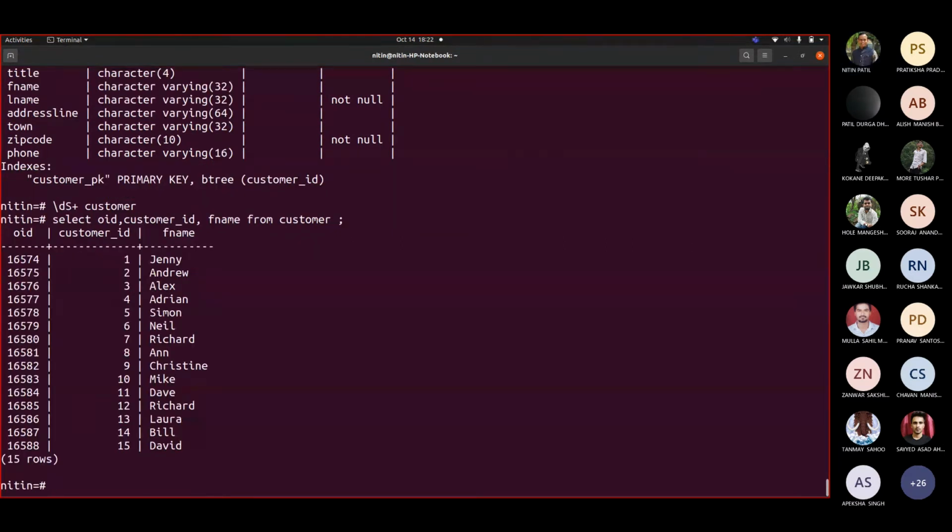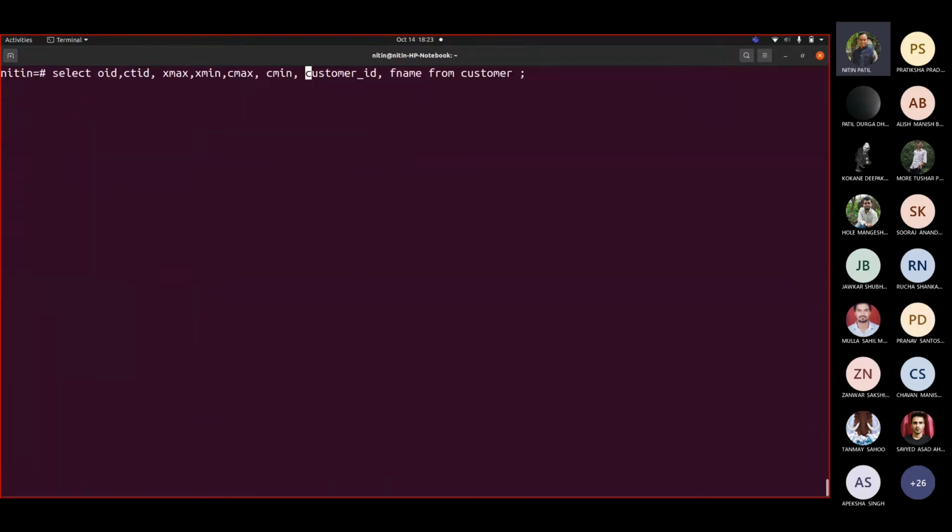You will see that for every record that was added by me through this p.sql file, an OID was created. Other columns which some of you know now are ctid, xmax, xmin, cmax, cmin. These are always added with your table definition whenever you create a table.